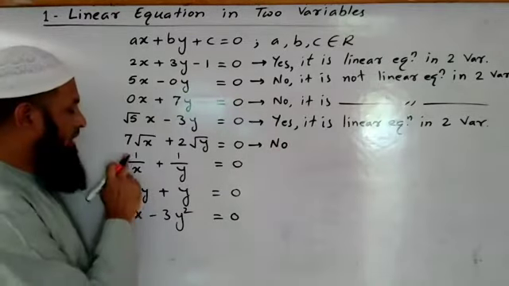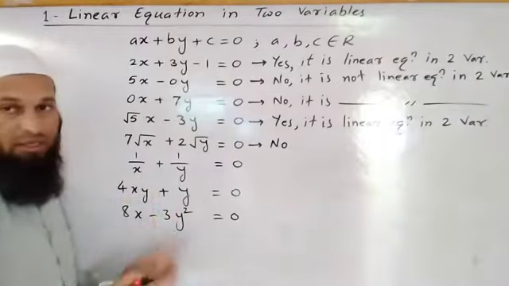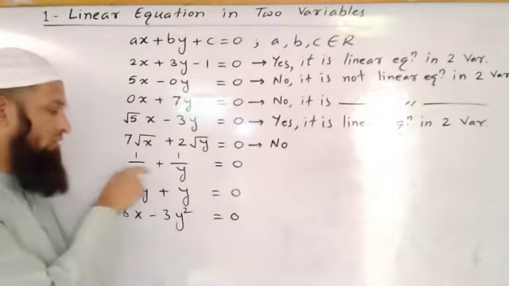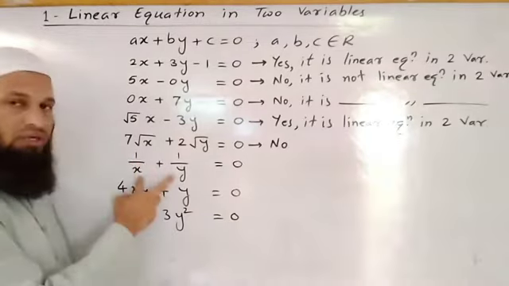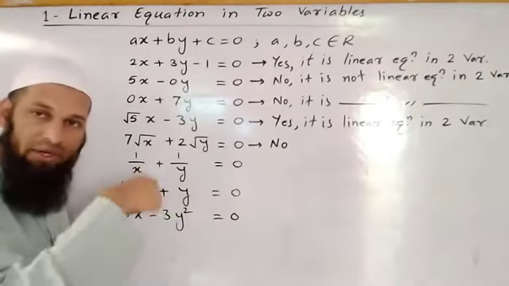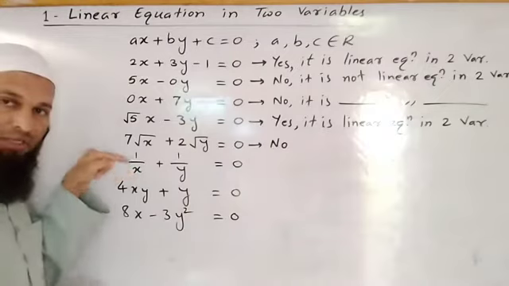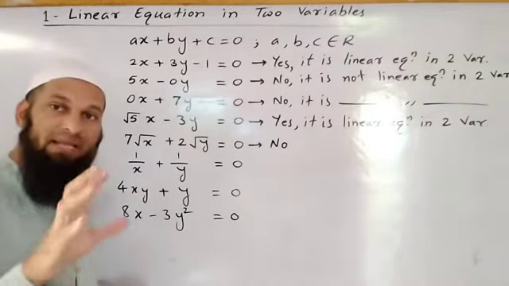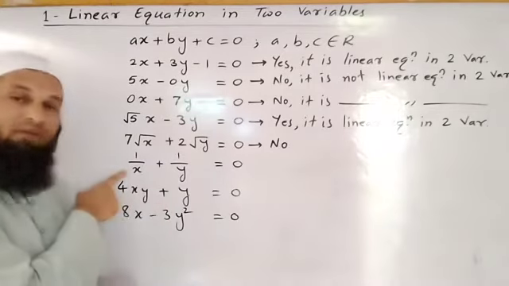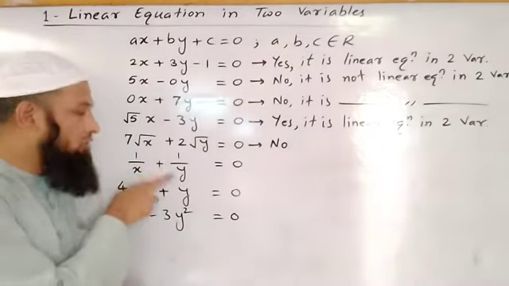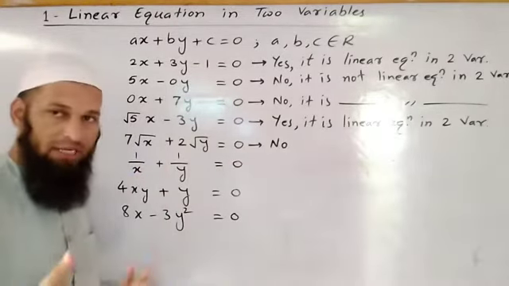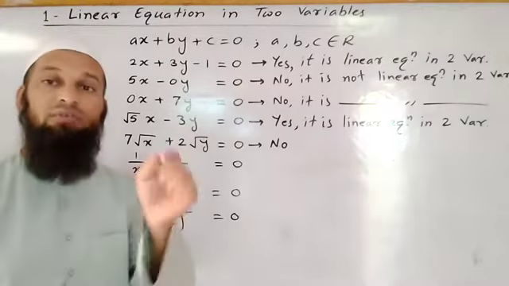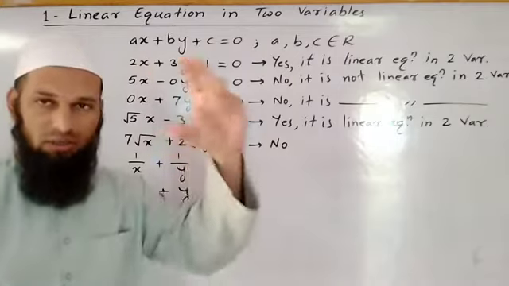You can write that. Now 1 upon x plus 1 upon y is equal to 0. See this equation. In both the terms, the variables are in denominators. In such a condition, the power of the variable becomes negative. So here the power of x is minus 1. Here also the power of y is minus 1. This you have all learned in 7th standard, laws of exponents, laws of powers.